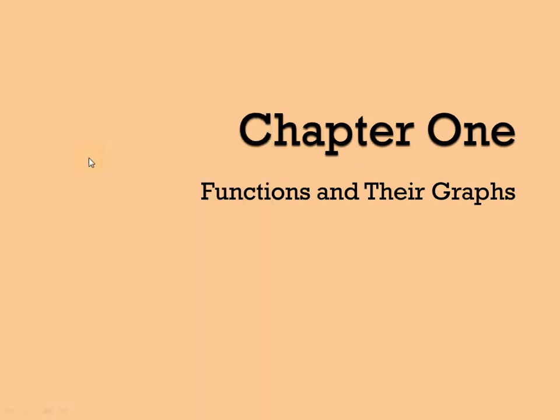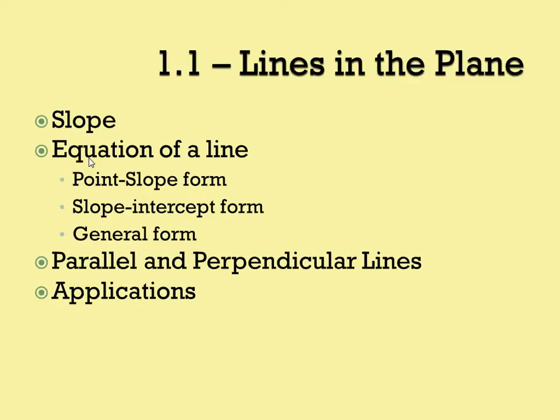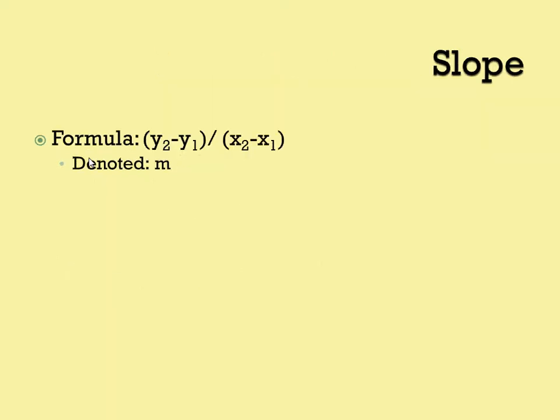Hi there. Today we're going to be talking about functions in the graphs. But this video is going to be focusing more on lines, and we're going to be talking about the slope, just like the basics, and then we're going to look at the line at the three forms: the point slope form, the slope intercept form, and the general form. We're going to talk about parallel and perpendicular lines, and in the next video I'm going to go over a real life application. So for the slope, the equation of the slope is y2 minus y1 over x2 minus x1,